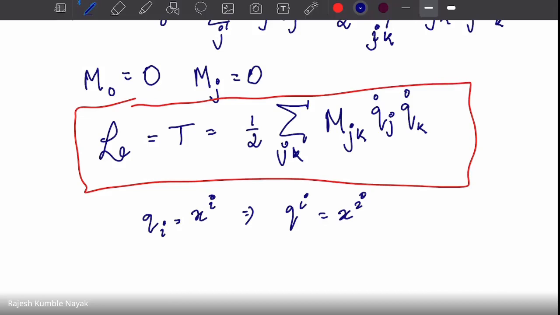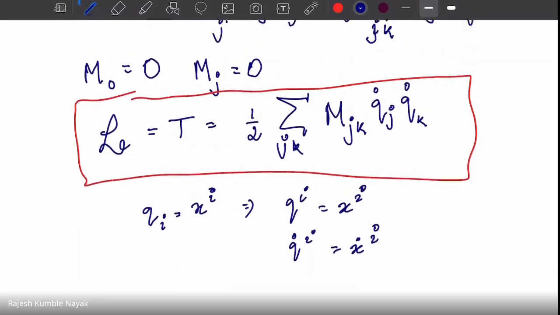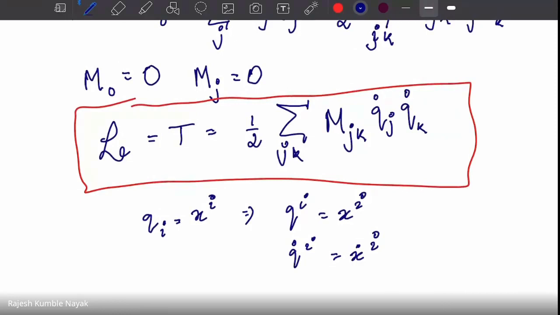Now, you see that our q dot is x dot I. So it's your velocity or generalized velocity. Now I make another change here. Instead of mjk, I call it a gij. Yeah, this is a matrix. Now it is a 3 into 3 matrix. You can call it anything you want, but I call it a gij.